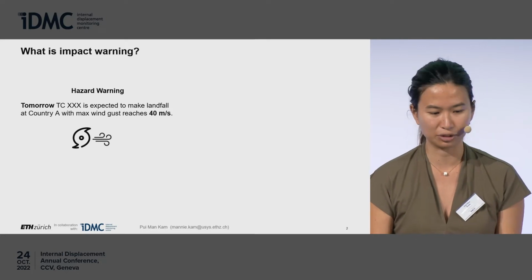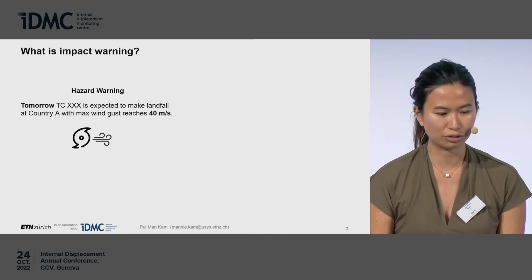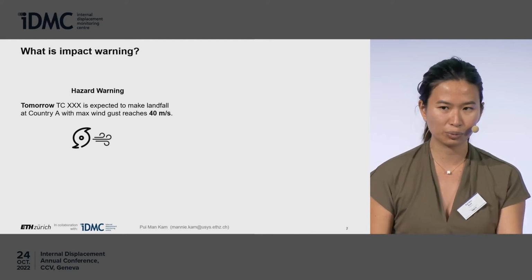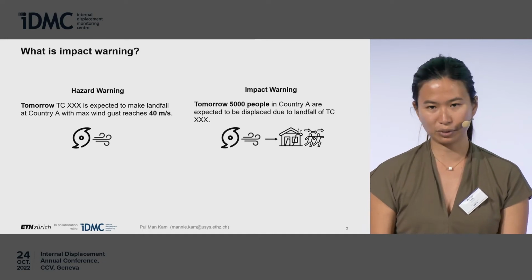For example, here I just use 40 meters per second. Some really like metrics in measuring tropical cyclones. So that's the hazard warning that we usually see. So when we talk about the impact warning, what